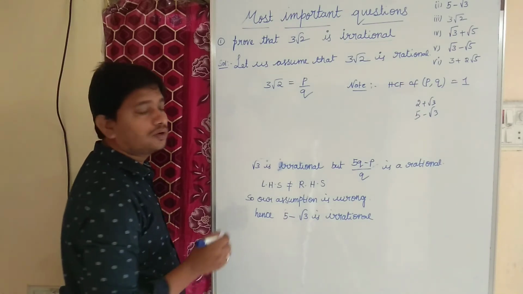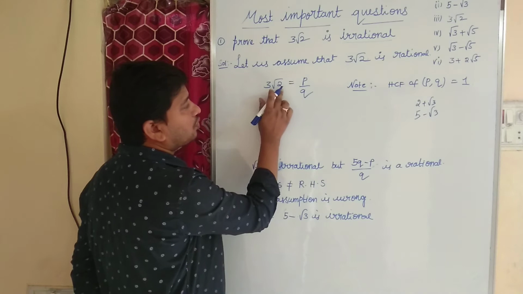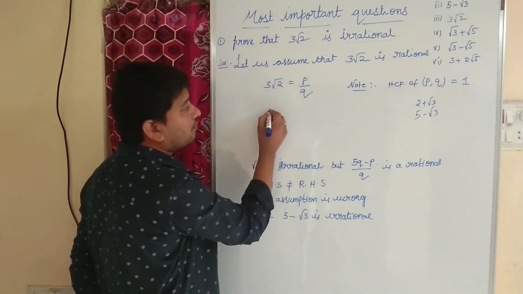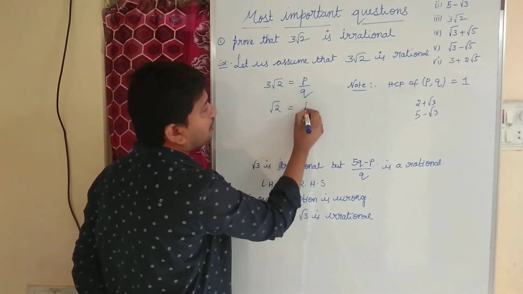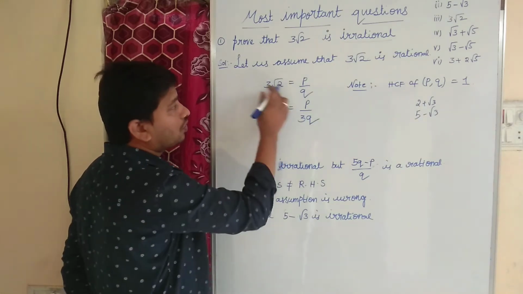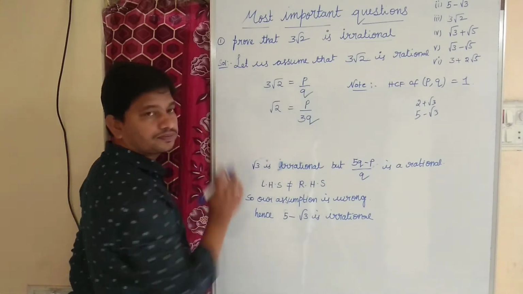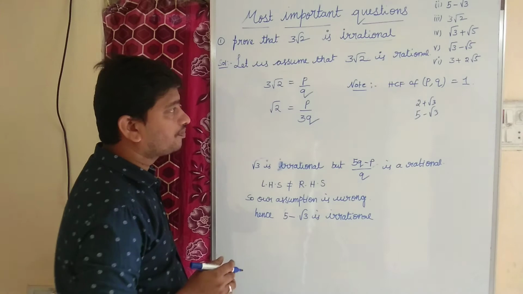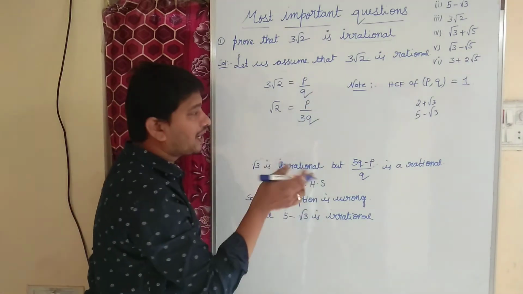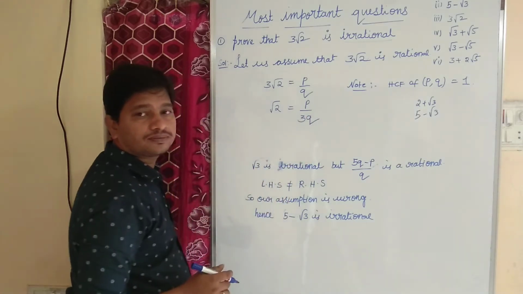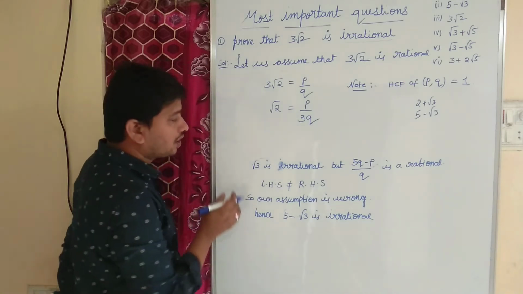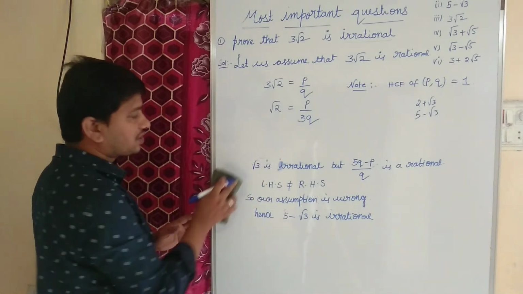Yes. Now, if you observe here, 3 root 2 means 3 into root 2. Here 3 is multiplying. If you transpose it, it will become the denominator, that is root 2 equals p/3q. As I told you, if p/q is a rational number, then p/3q is also rational. As we know that root 2 is irrational,